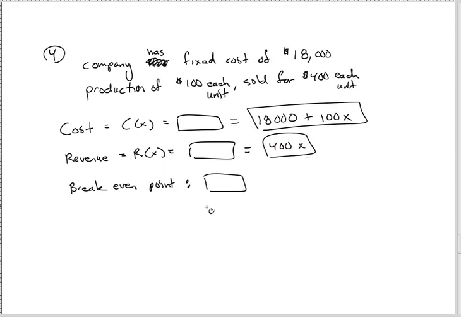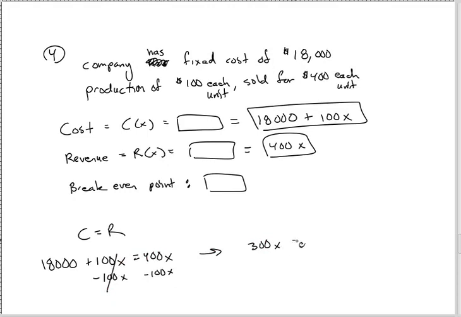The break-even point on this problem is strange. And so that's why I wanted to talk about this particular problem, because obviously these are not hard. What we need to do is set them equal to one another. So cost equals revenue. So C equals R, I guess. And let's see where that would end up. So solve for x. I'm going to minus the 100x on both sides. And so we get 300x is equal to the